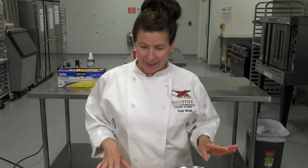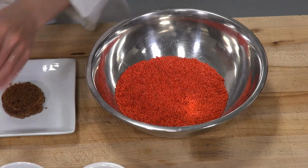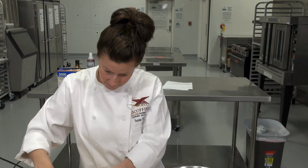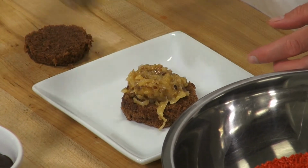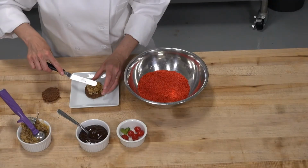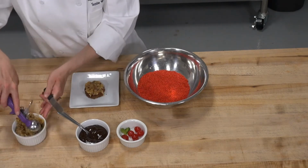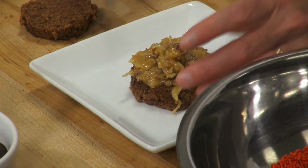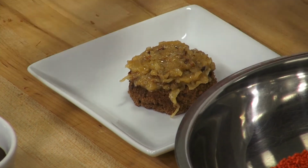Now I'm ready to assemble my whoopie pie. The pie is cooled off, and so has the filling. So I've cut this in half. We're just going to fill it with some of our German chocolate filling. And we're going to just spread it around a little bit. We will put just a little bit more on there. Then once I get the top on, which I'm going to invert,